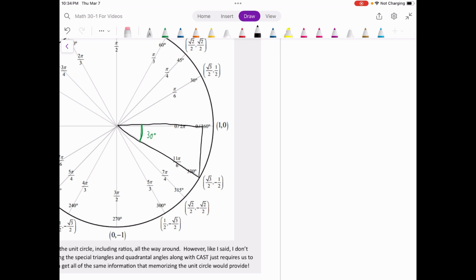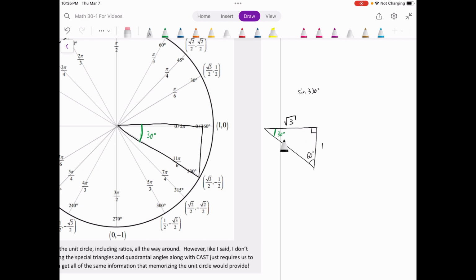So I can think about this special triangle to get its ratio, right? What's sine of 330? Now all I've got to do is recognize that, okay, well, this is 30, and I know that this is like a special triangle. And if I can remember that, all right, 30 degrees, well, I remember as 30, root 3, 3 for 30, 3 for root 3. Okay, and then this is 1, this is 60. Okay, again, if you forget any parts of that, if you can remember just a couple, you can figure out the other